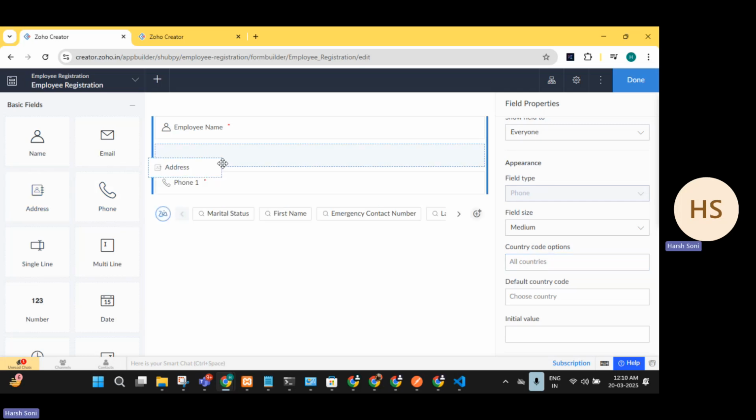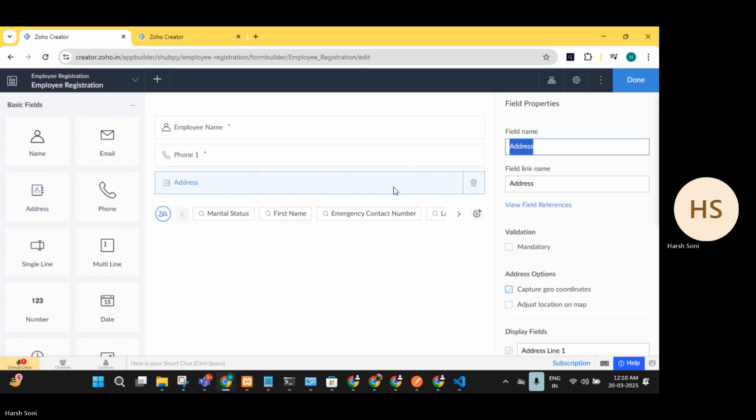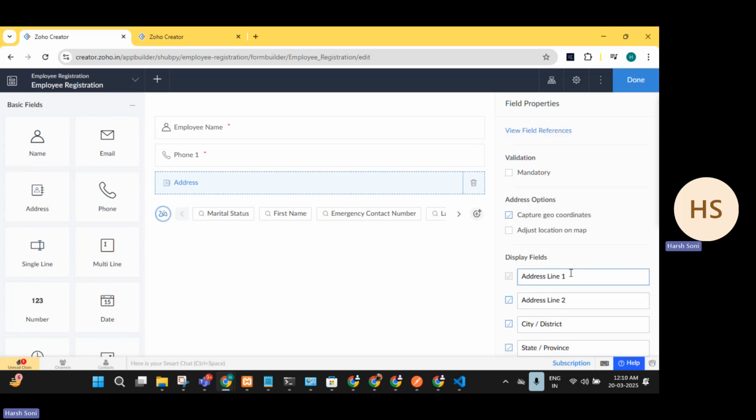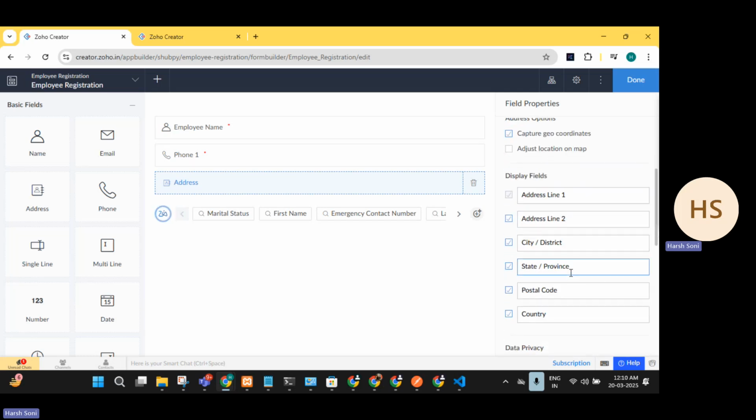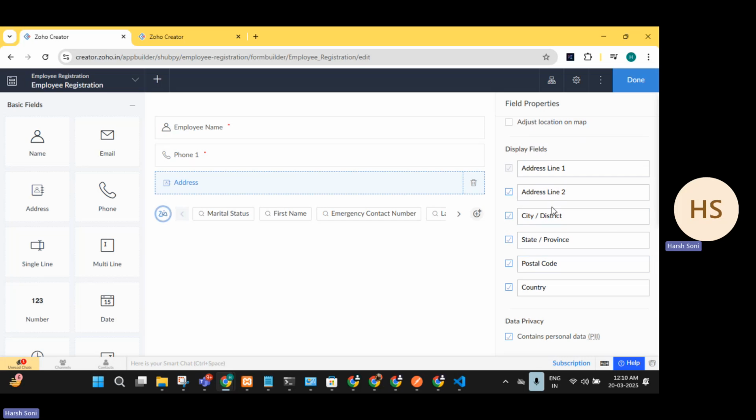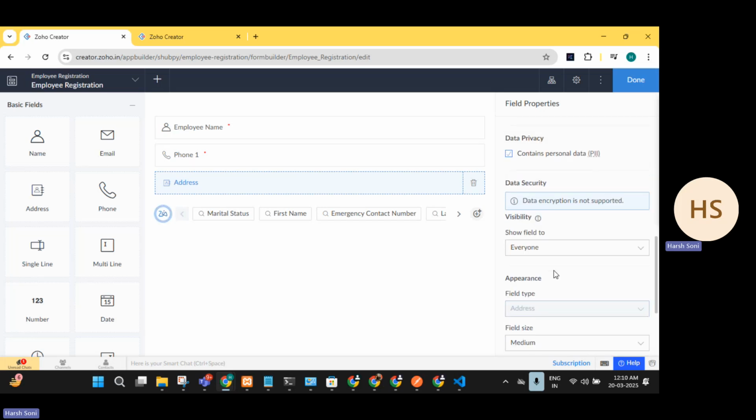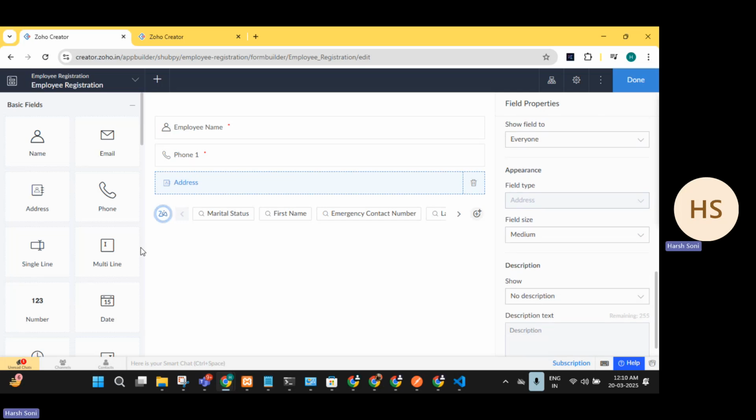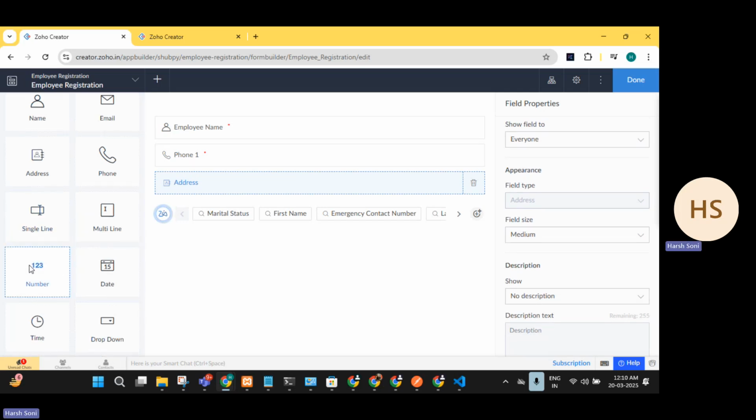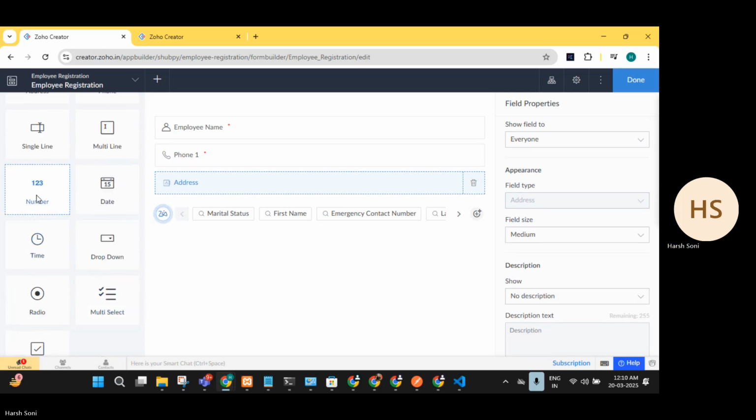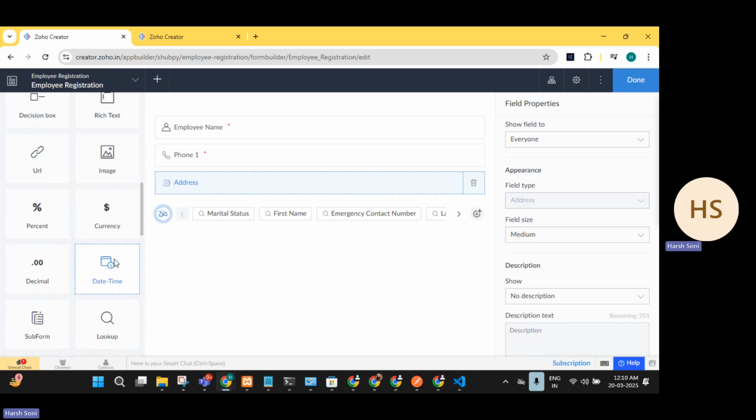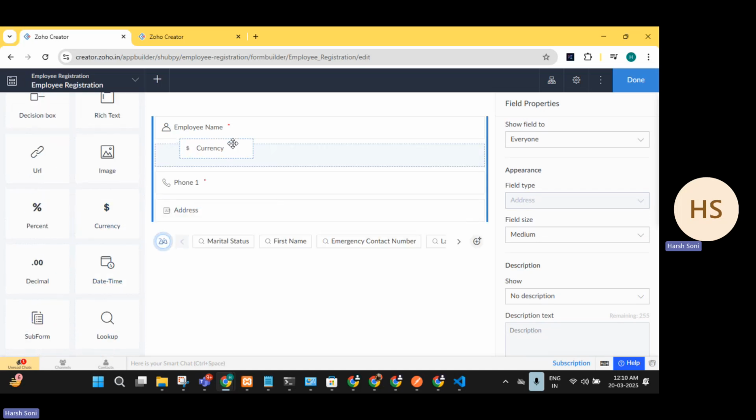And we can add in address as well. Let's keep it like this only. I'm not making it mandatory, and you can always add line 1, 2, 3. What kind of address do you need right now? That's basically that. And we can have number, but we will choose currency for the salary, employee salary. Okay,